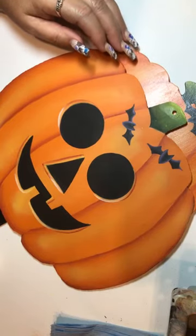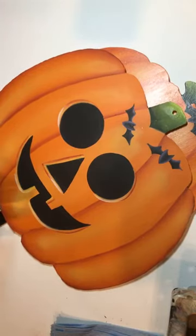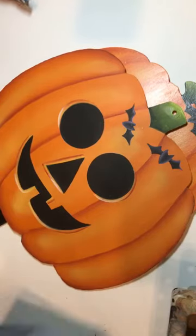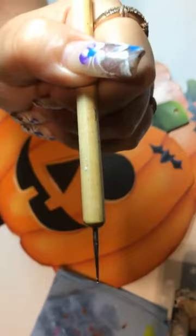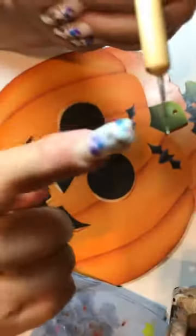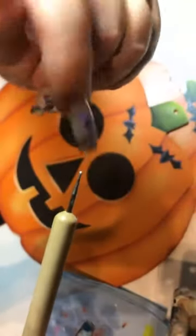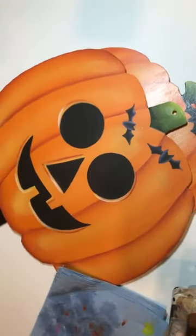I use a stylus. Now a stylus, I can't show you because I don't know where mine is. The stylus is metal, and it's got two balls at the end. Here it is. They come in different sizes. So this is what a stylus looks like. It's wood. It could be lucite. I have a couple of different ones. This one has a teeny tiny ball. This one has a bigger ball. They come with a big ball. Okay? So what you can do...